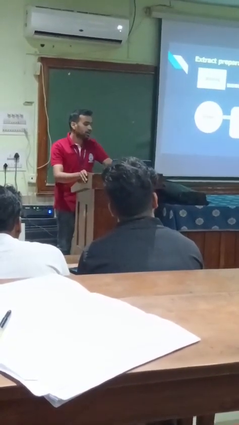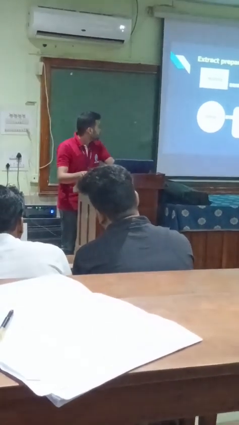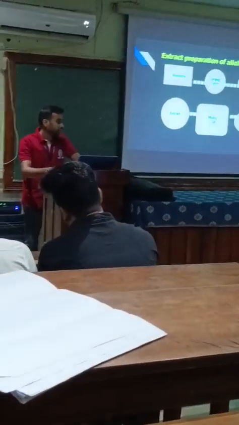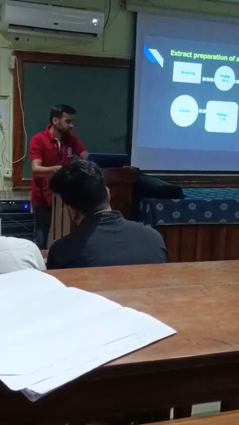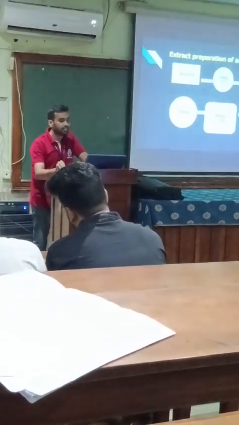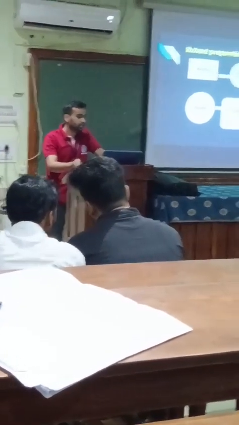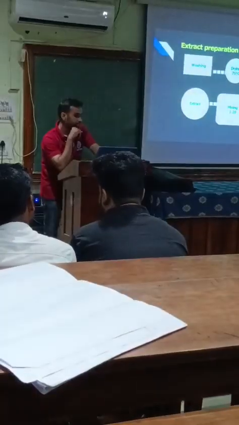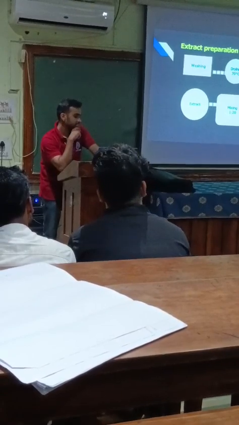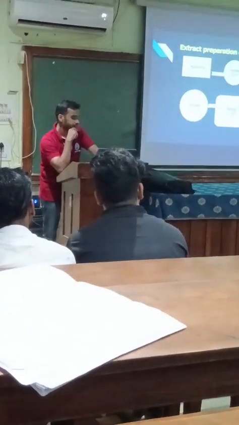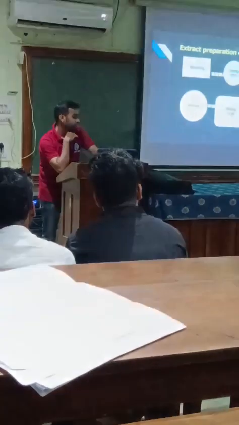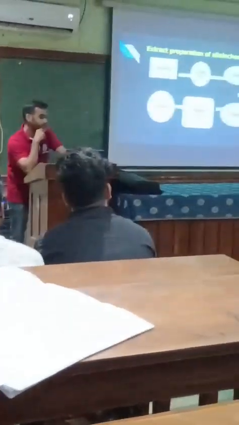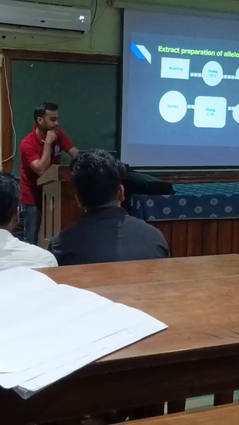So this is extract preparation, how allelochemicals are prepared in the laboratory. The first process is washing so that impurities are removed, and then drying. If the allelochemicals in the plant parts are sensitive, then allow air drying at 40 degrees centigrade. Then chopping, grinding and mixing in a 1:20 ratio. 1:20 means 1 part plant material and 20 parts solvent. Solvent means water or methanol. Then after extract preparation, it undergoes bioassay, and it can be concluded which types of allelochemicals are present or which plants are affected by them.